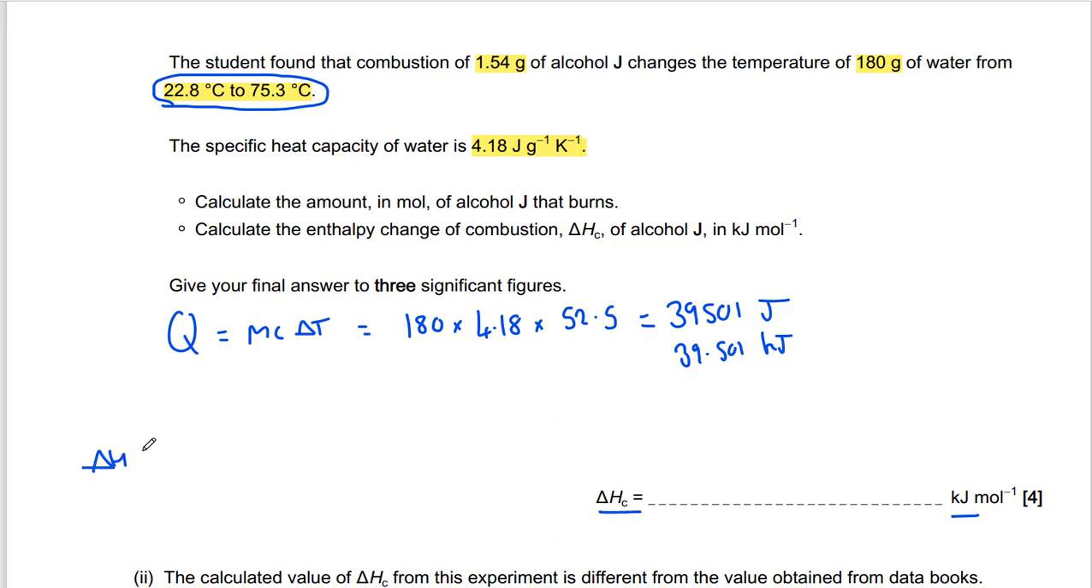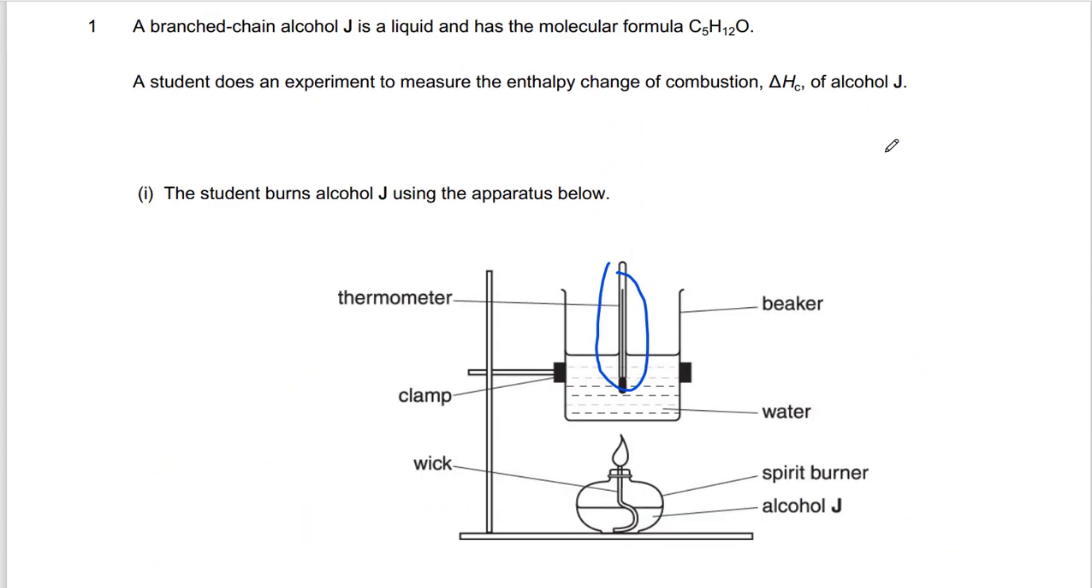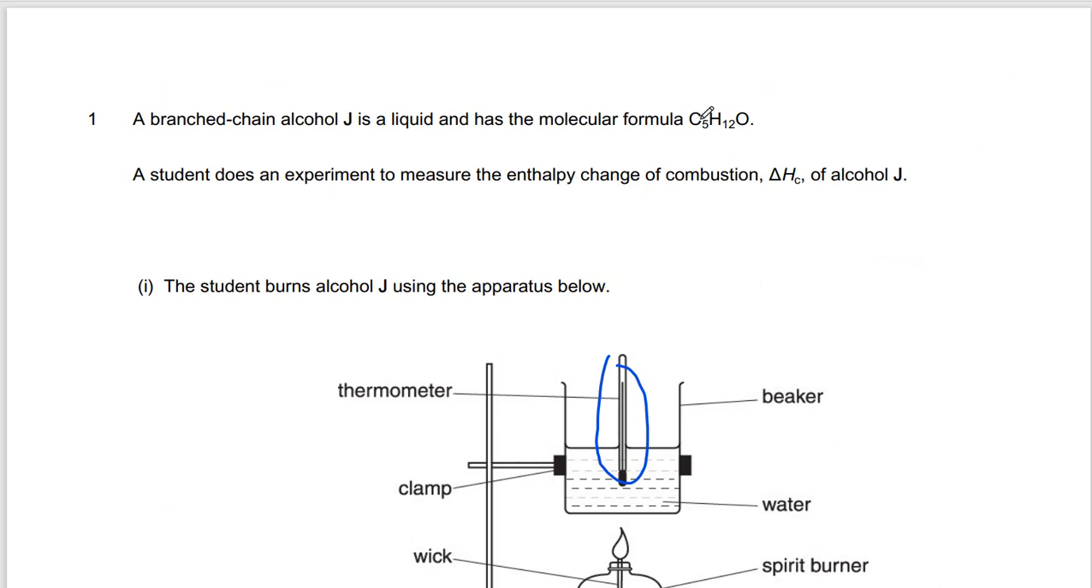Now, you want to work out delta H. Delta H is Q divided by N, and N is the number of moles of fuel that was burned. So we know what Q is, because Q is 39.501. We now need to work out N. Now, N is the amount of alcohol that was burned, so we need to do mass over molar mass. So we need to do 1.54 over the molar mass of alcohol J. Now, alcohol J, I'm told at the top of the page, so be careful, they've hidden this at the top deliberately,